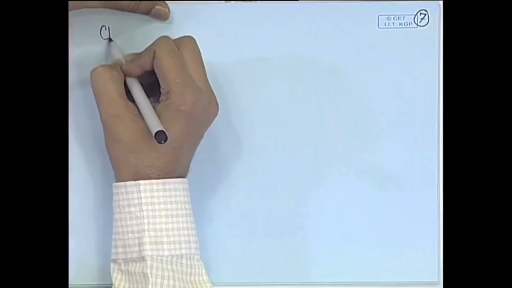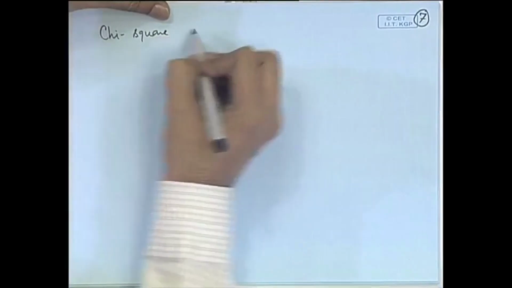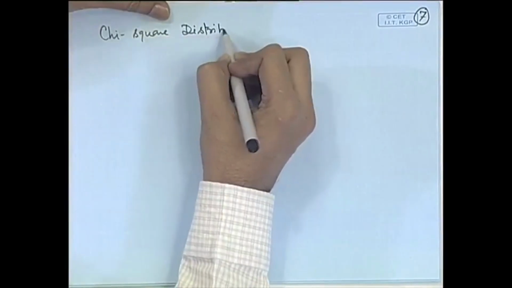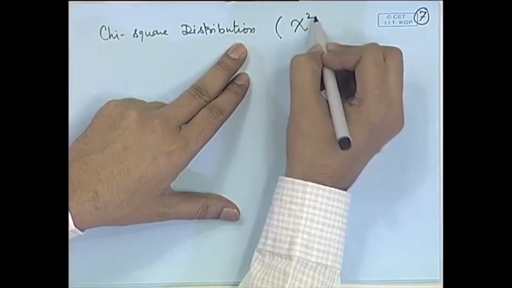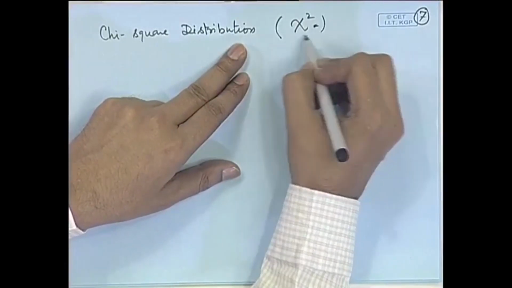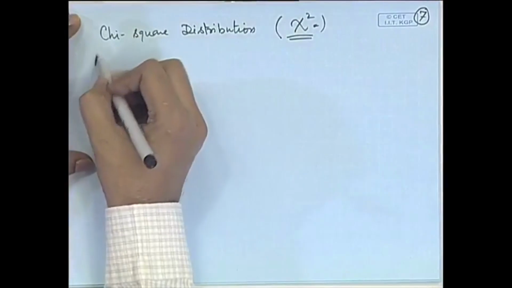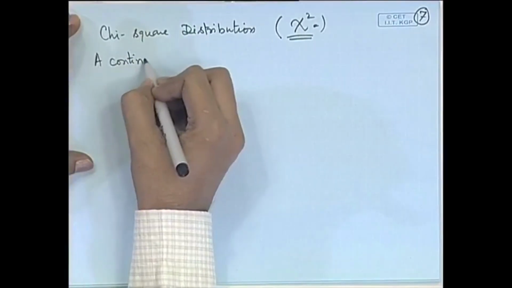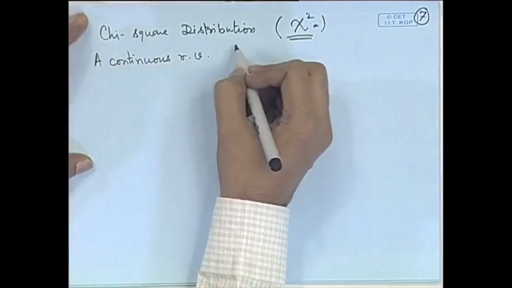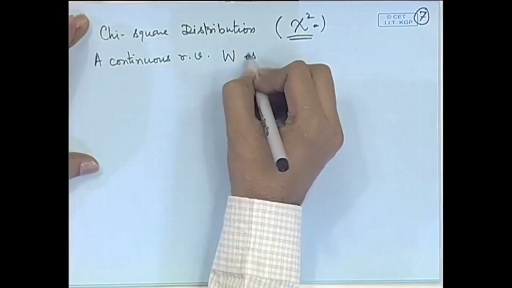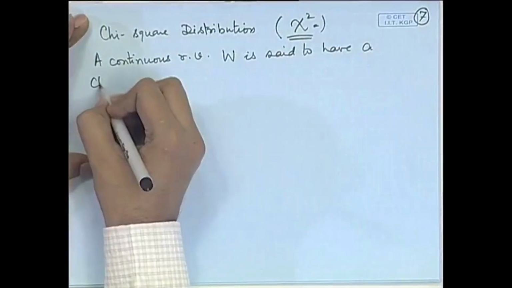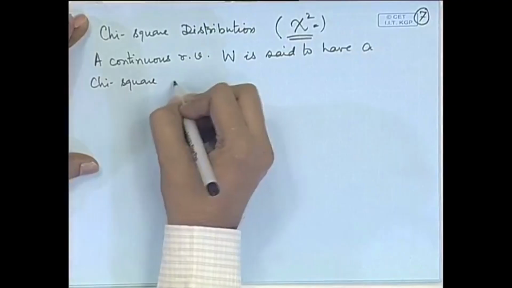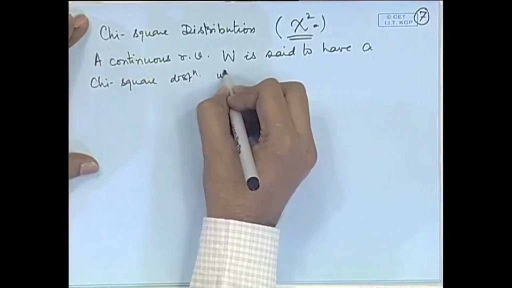Now, we discuss another sampling distribution which is known as the chi-square distribution, and it is used with the Greek letter chi. So, chi-square distribution. A continuous random variable, say W, is said to have a chi-square distribution with n degrees of freedom